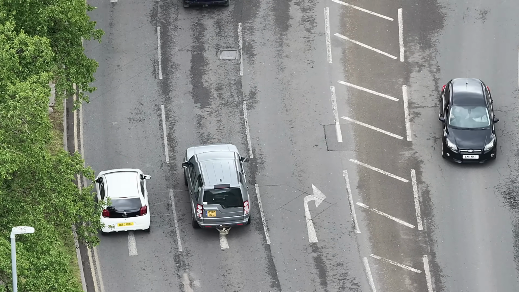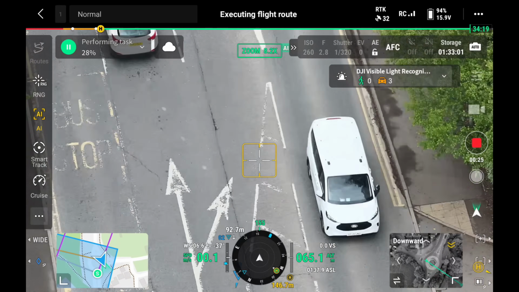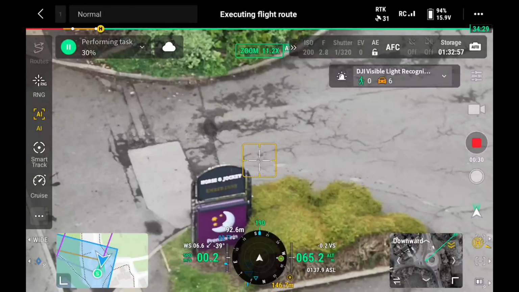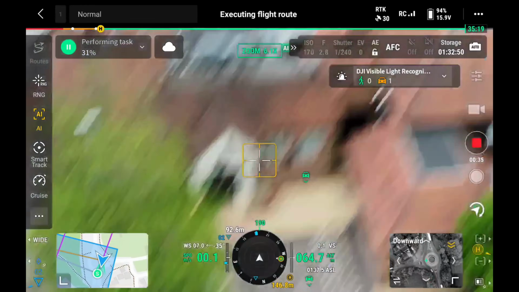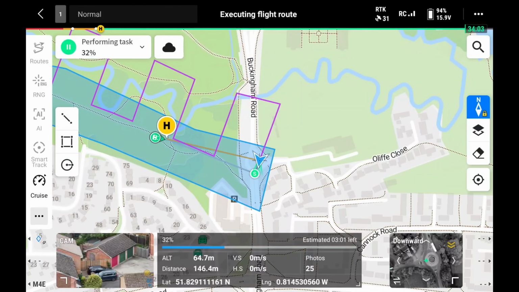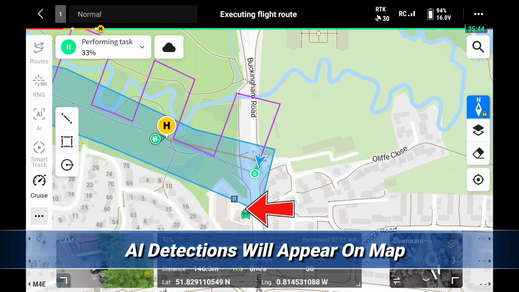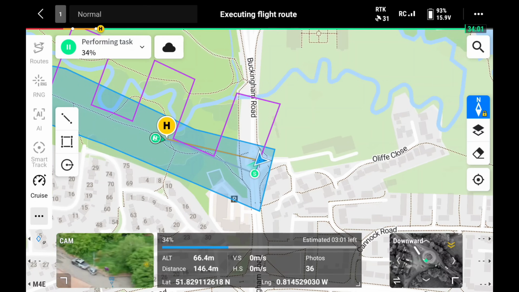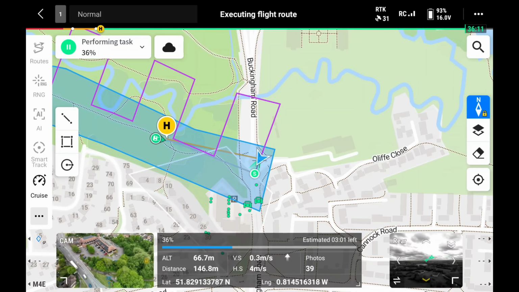And this is an interesting observation. You will remember that in the flight planning section, we specified that we wanted the wide angle camera. But what it looks like here is that it uses the wide angle camera as like an initial sweep, and then it switches into the various zoom cameras. It's interesting to note that on the map view, those AI detections, so those vehicles, will come up in green, and you'll be able to see that when you switch from the camera view onto the map view,